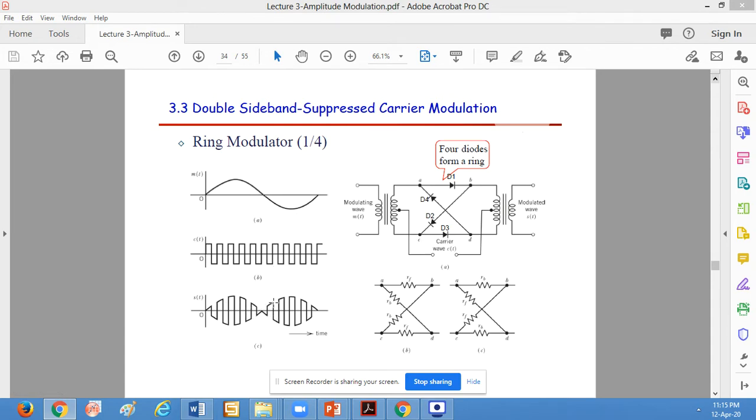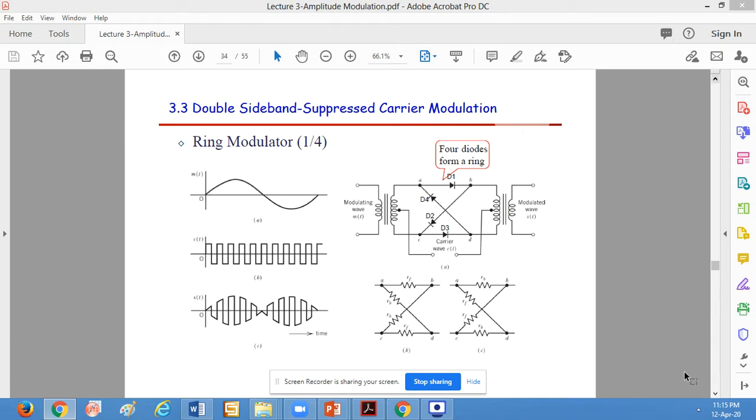But look over here. The problem with the double sideband suppressed carrier is that whenever the message signal crosses zero, we have a phase reversal, and we use a complex system for recovering it. Whenever the diodes D1 and D3 are forward biased, they are represented by RF, the forward resistance, and the diodes D4 and D2 are reverse biased and represented by RB, which is infinite. Similarly, for the negative half cycle, D1 and D3 will be reverse biased, and D2 and D4 will be forward biased, represented by RF.